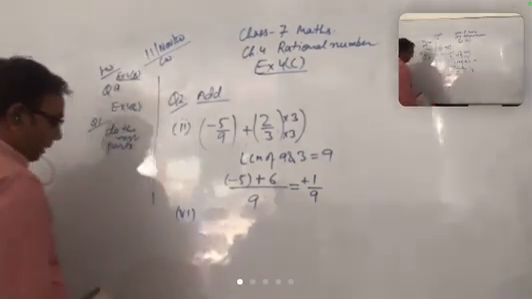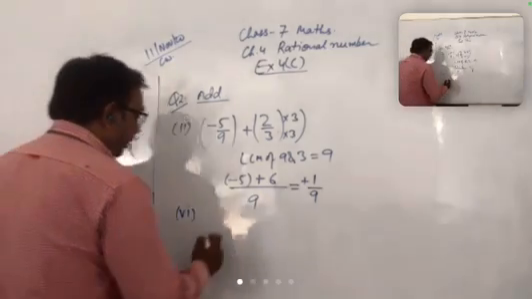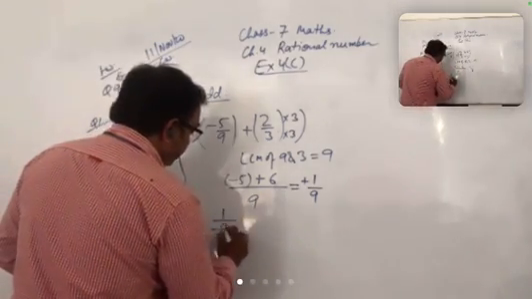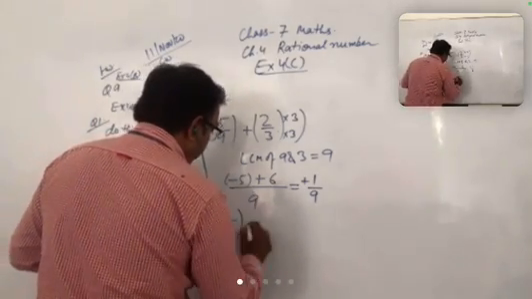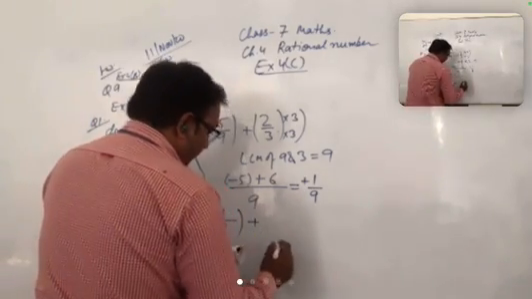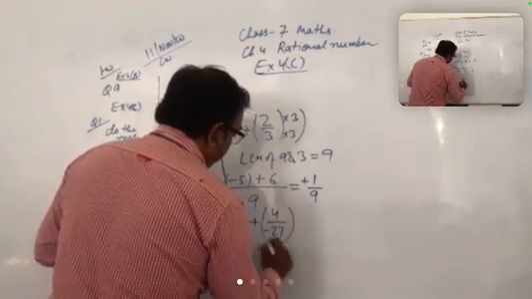Now the sixth part. 1 upon minus 9 plus 4 upon minus 27. So,